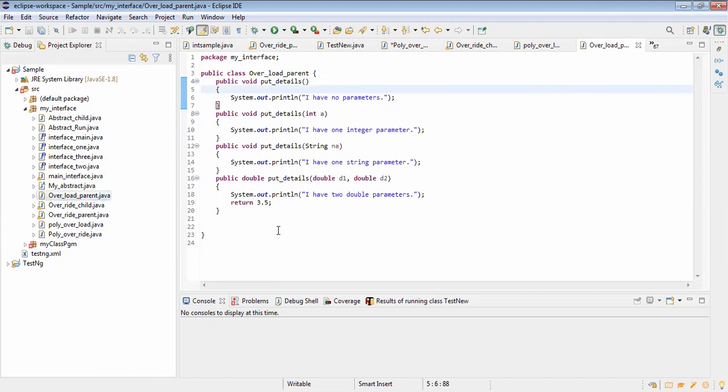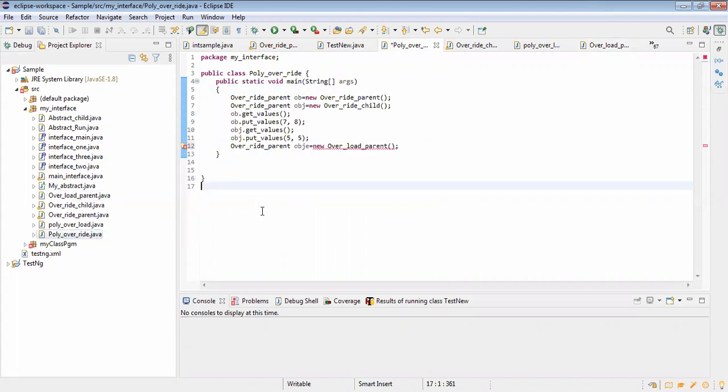Only one class. So override parent and overload parent do not have any relation. So you are not able to create an object for overload parent using override parent here. Yeah, got it. Thank you. Now go to the main method, Sneha.